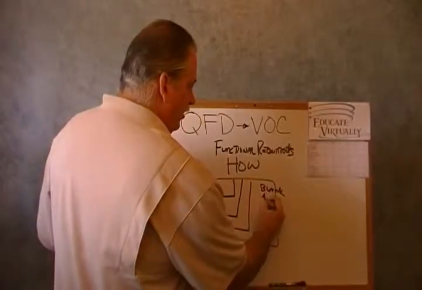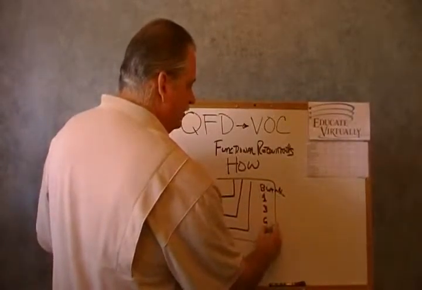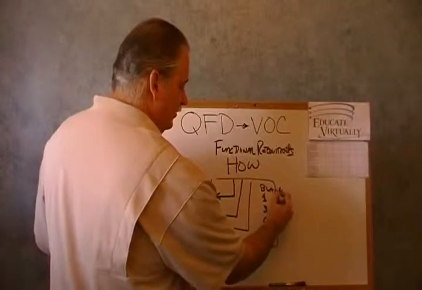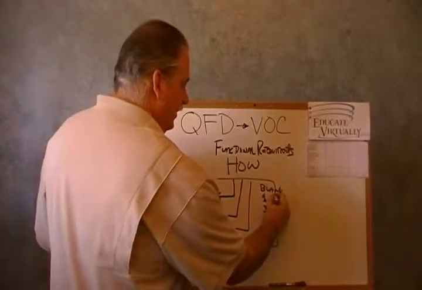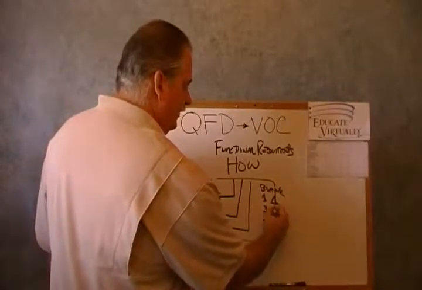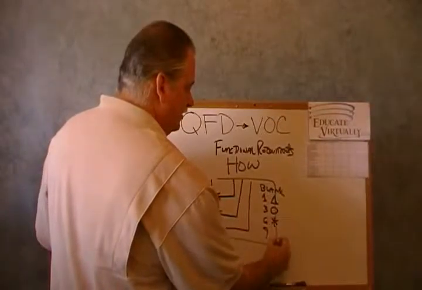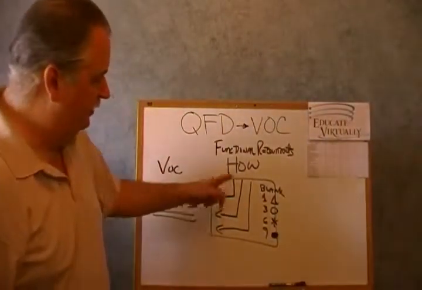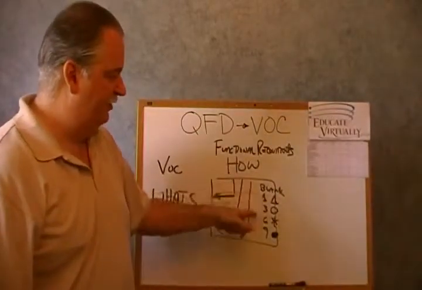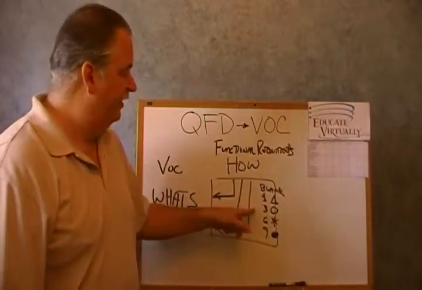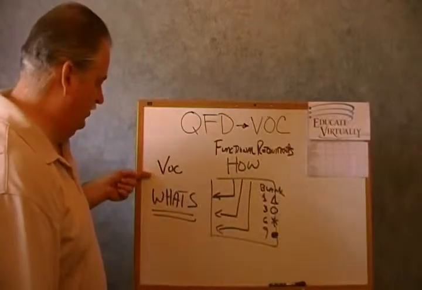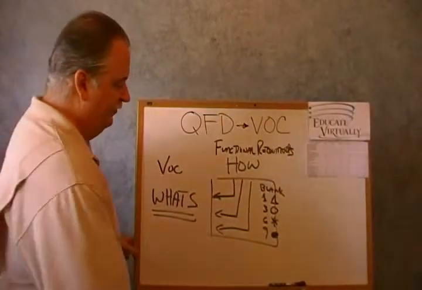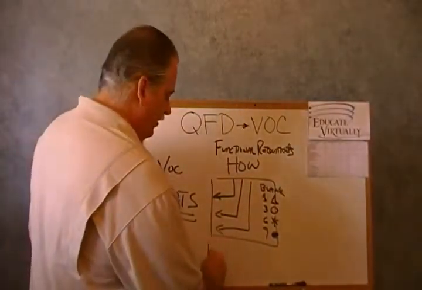We could have a score of a 1, a 3, a 6, or a 9. And I do believe the symbols that we've been using for that, we have an open triangle, a circle, we have a star, and then a solid dot. And then these rankings that we have in here, the relationship score, those multiply against the scores that we have from the what's to then give us our priority